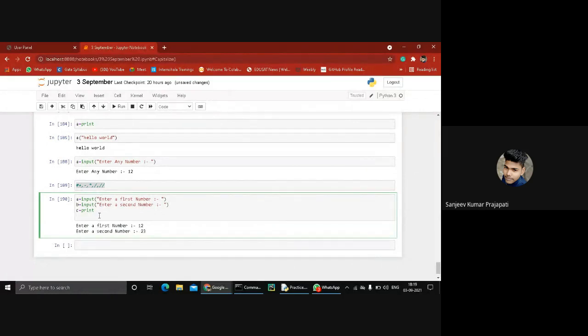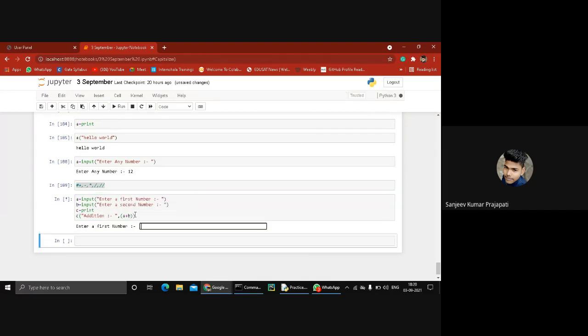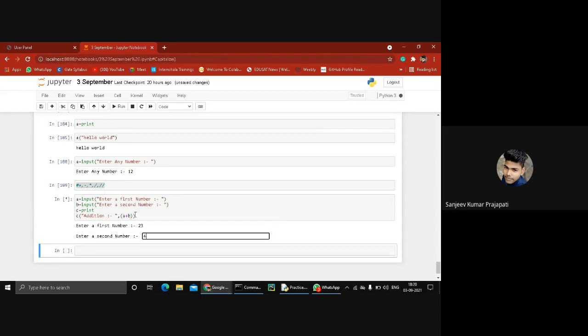So you have to design a small calculator, like print addition. Okay, sorry, you can just type c. You print a plus b. Yes, 23 and 45. So we see.